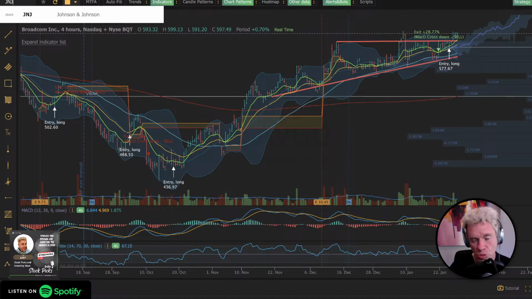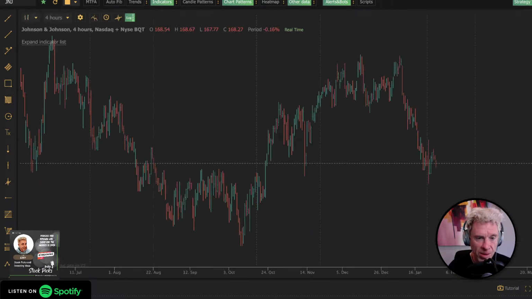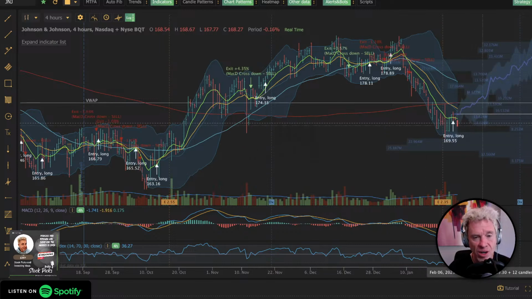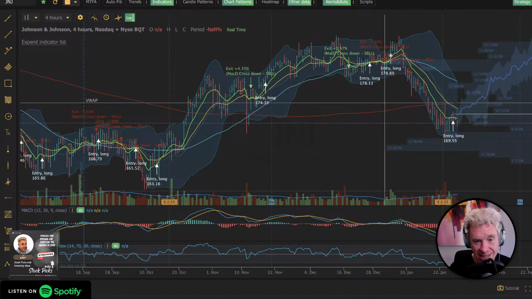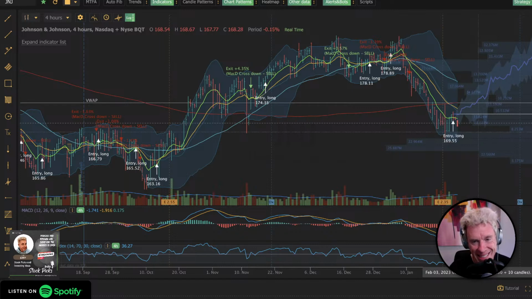Thursday, our scans brought us to J&J, which again, remember, governments are kind of cutting healthcare. 169.55. If you bought at 169.55, I don't think it's a bad entry price. I think you're fine. This is one you hold for a few years. Look at the MACD way down there. You're at 168.27 today. But if you didn't buy enough, buy a little bit more. Your floor here is at about 167. I can't guarantee you that it's going to go down to 167, but that's where it is. By the way, NVIDIA over 200. Meta over 150. So J&J.